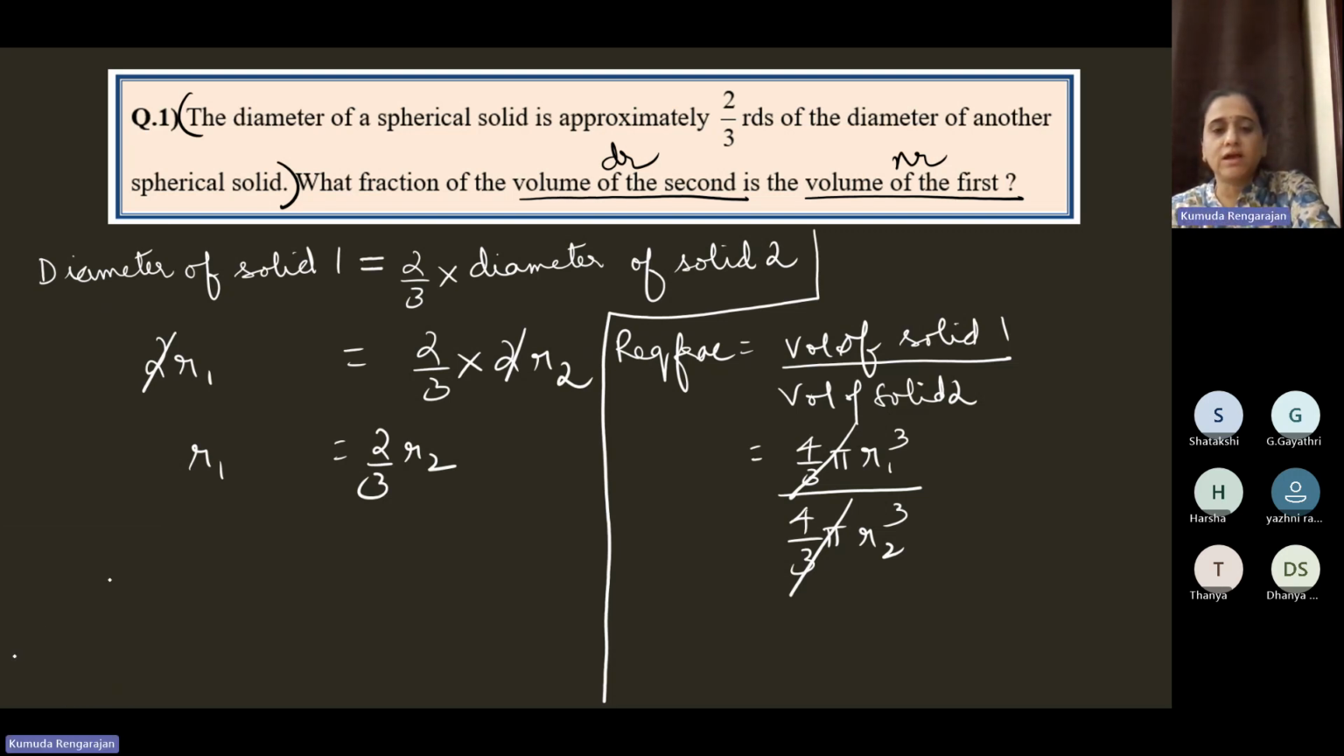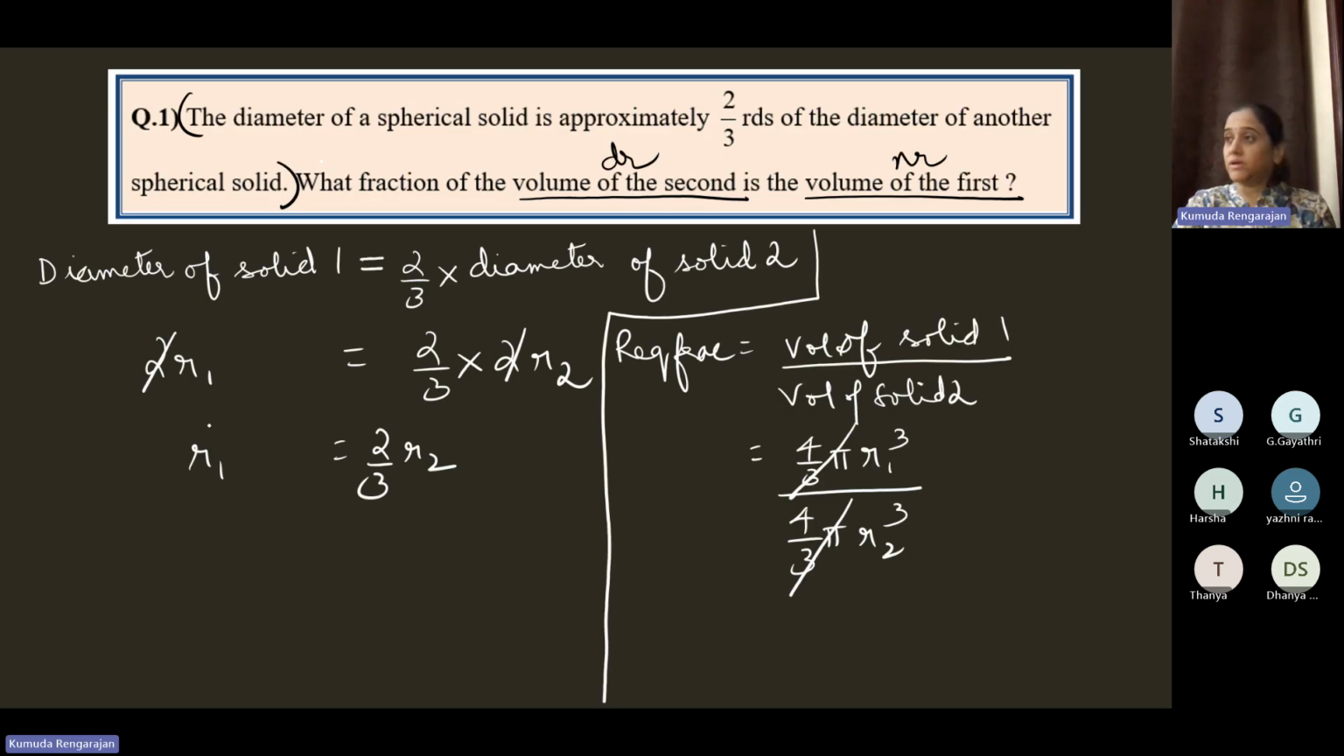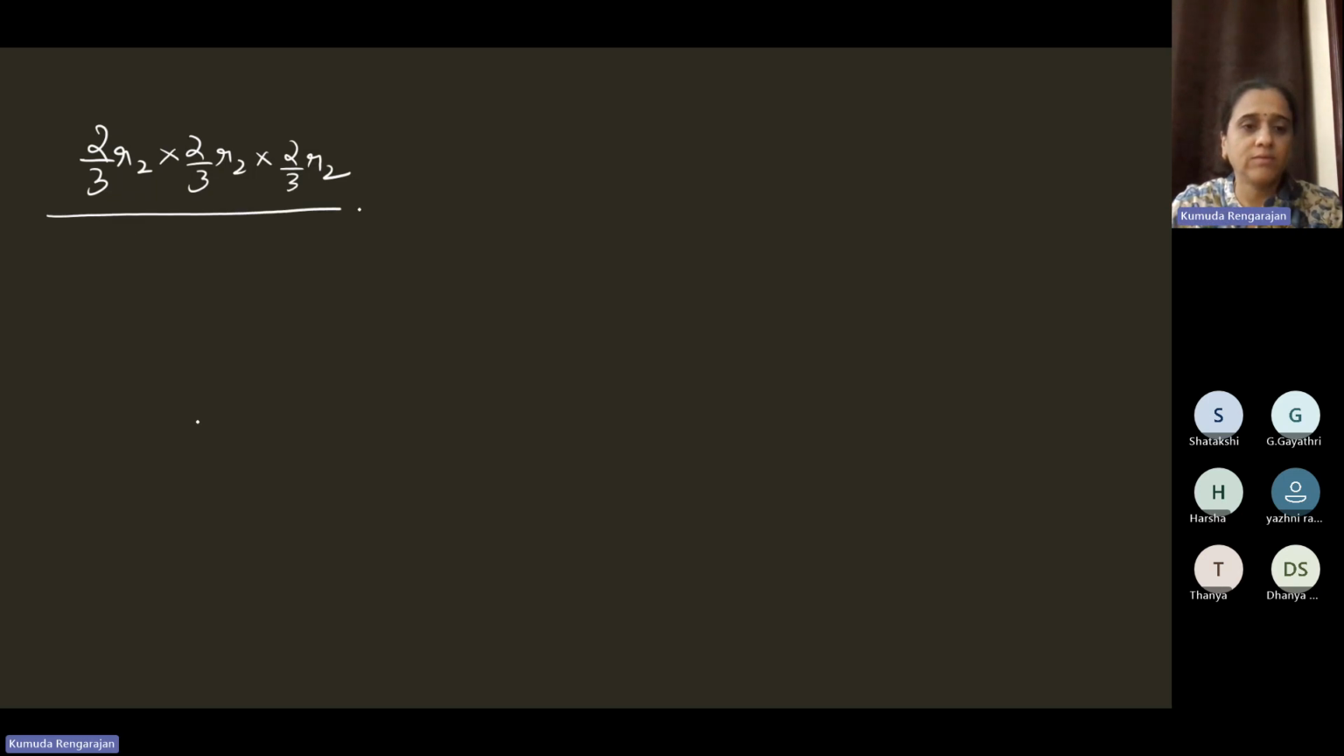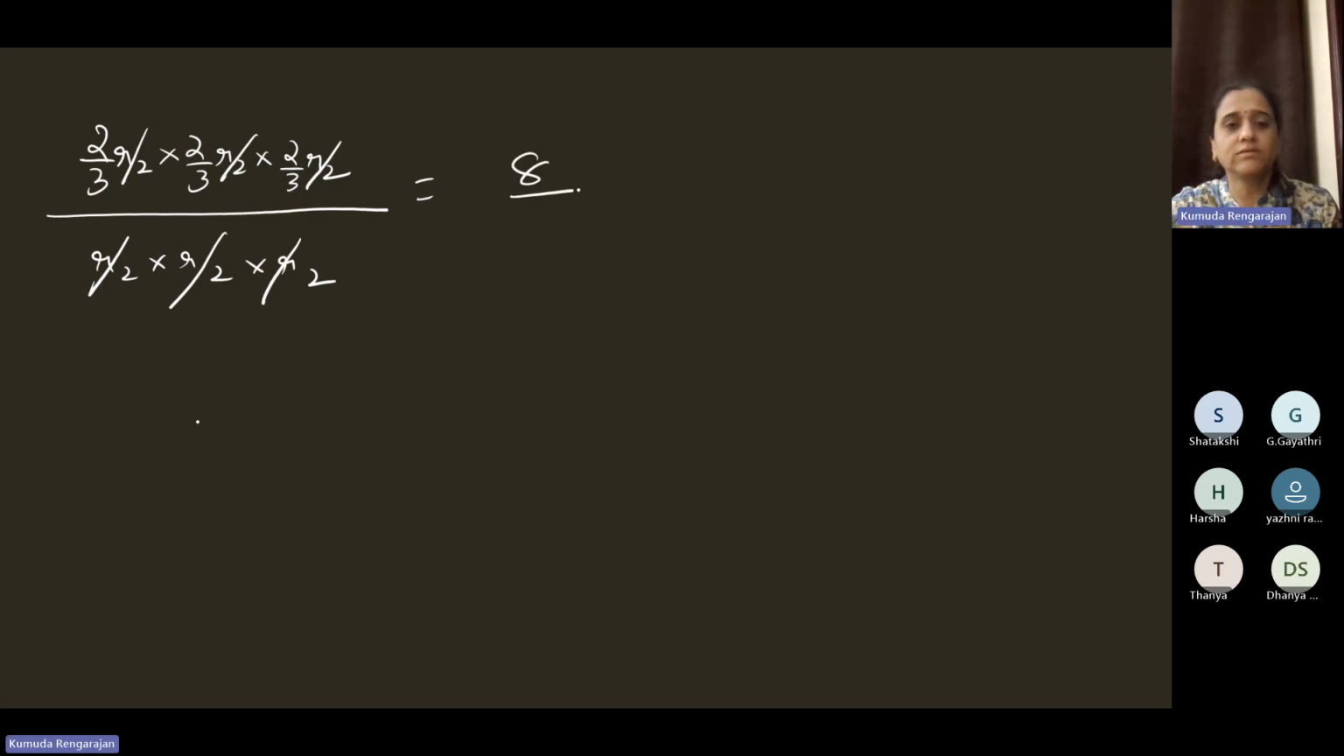What's R1? 2/3 R2. 2/3 R2 into 2/3 R2 into 2/3 R2, because it's R1 cubed in the numerator, divided by R2 into R2 into R2, correct? So R2 gets cancelled. So it is 8/27. So required